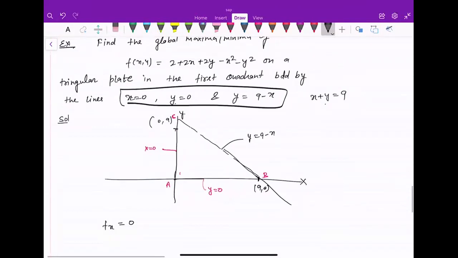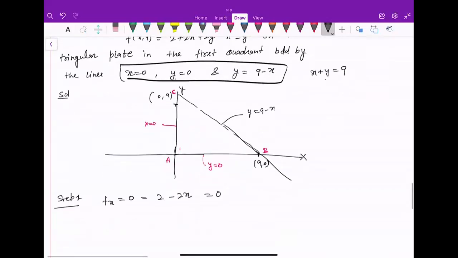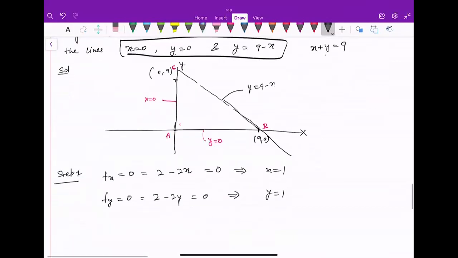So f_x equal to 0, that means we are differentiating this function. It is 2 minus 2x equal to 0. ठीक है ना. This implies that x equal to 1. f_y equal to 0 gives 2 minus 2y equal to 0. This implies that y equal to 1. So (1,1) is the critical point. ठीक है,